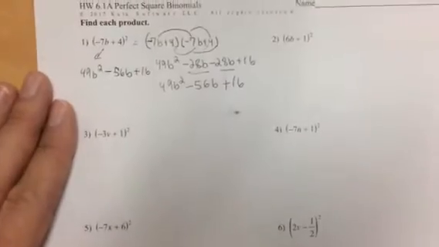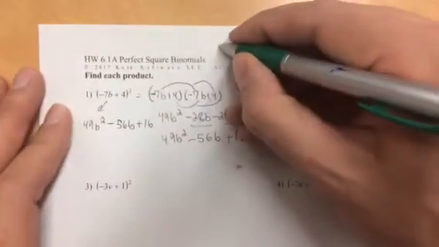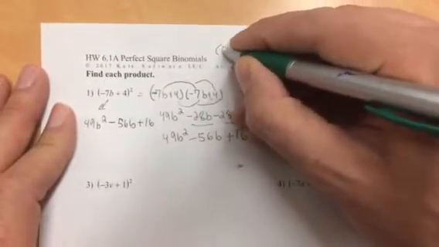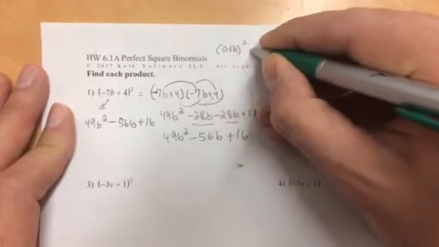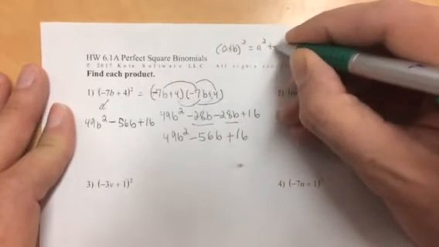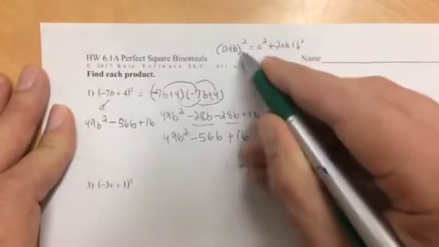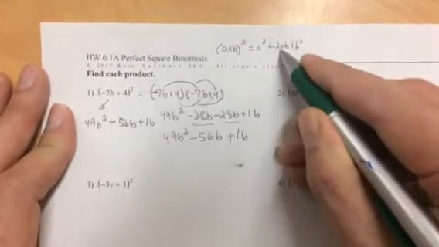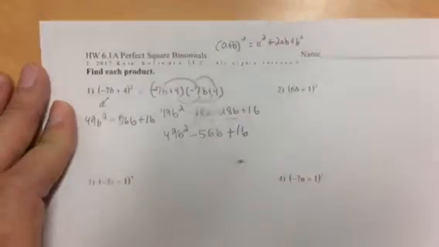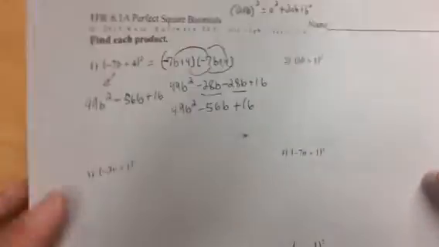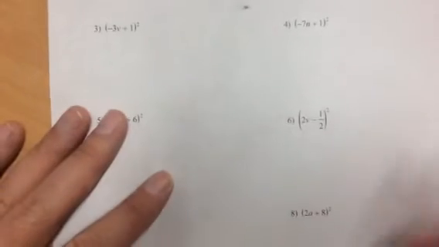And so what we should remember to make this homework go quickly, and what I'm going to be using the rest of this homework, is that a plus b squared is a squared plus 2ab plus b squared. You square the first one, multiply these two together and then double it, and then square the last one. I think I'll do one fraction one,